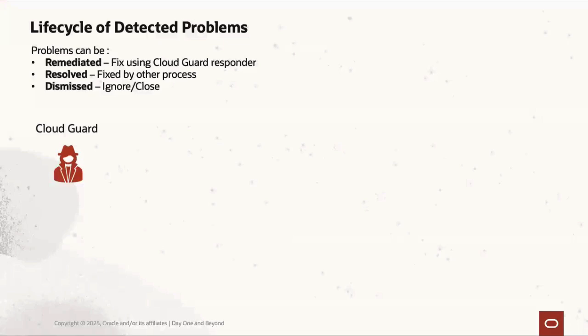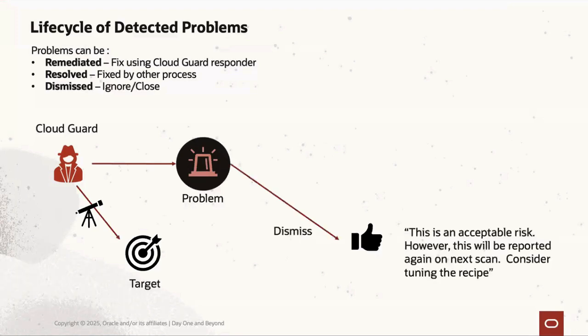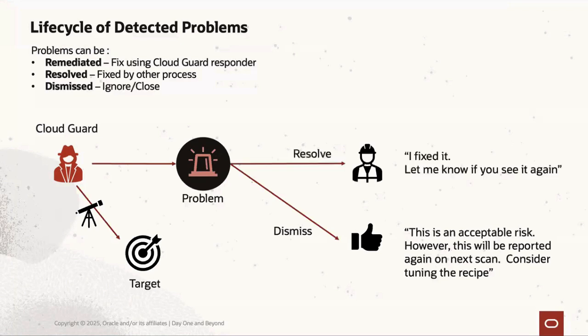So now that we covered detectors, we looked at responders, let's take a look at the life cycle of a problem. So CloudGuard does a scan against your target and it finds an issue. And then you have three choices, right? The first choice is you can dismiss it. Dismiss it means that you're accepting the risk. And if CloudGuard does a scan again, it will notify you in a certain way. The second choice is,